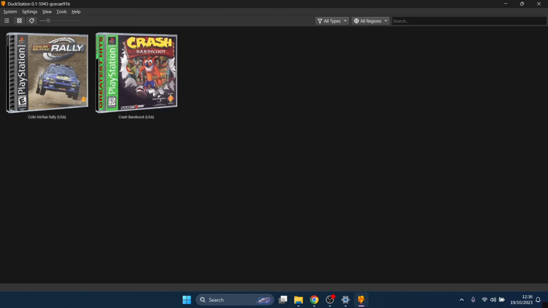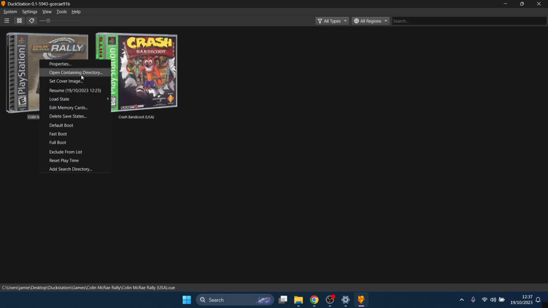So just close. And what I was mentioning earlier about sometimes when you close your games down, it will ask us if it wants to save the state so we can resume the gameplay. If we just click on one of our games, right click on it, you'll see resume. If we just left click on this,